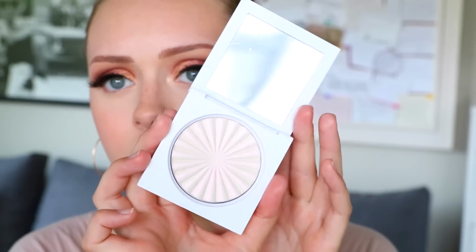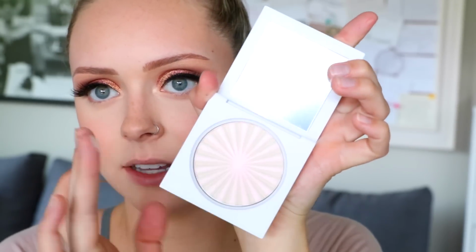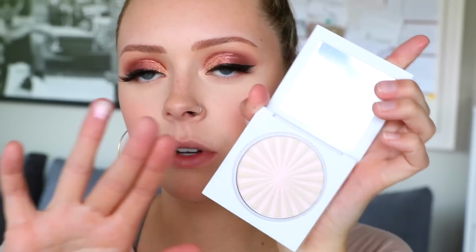Okay, and then for highlight, I was gonna use the new Ofra Cosmetics and Nikki Tutorials highlighter collab. This one is called Cloud 9 and it's like a white highlighter, but it has a rosy undertone to it, and I kind of wanted to do a whole rose gold theme. But honestly, there's a lot of rose gold going on my face right now,